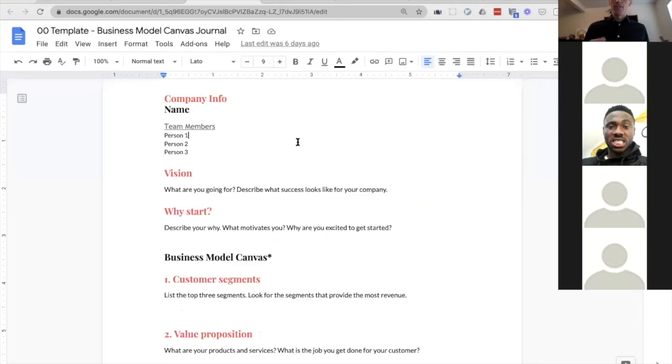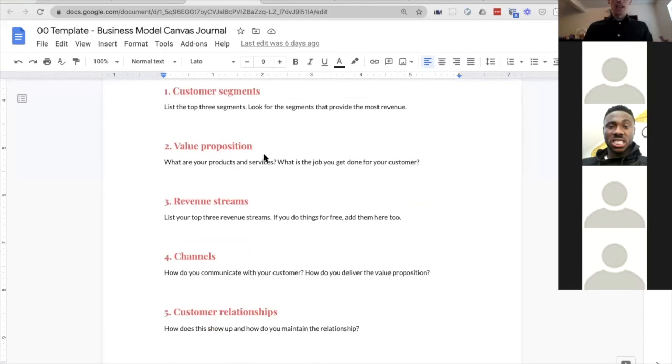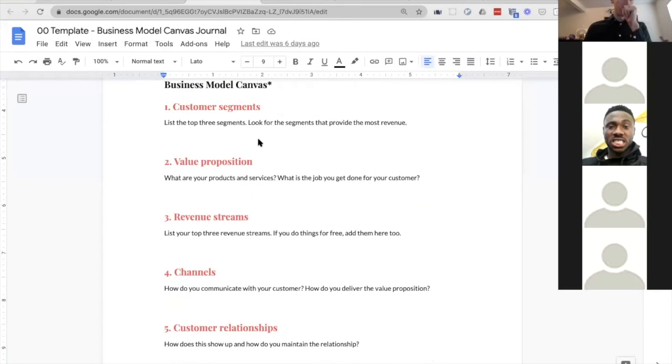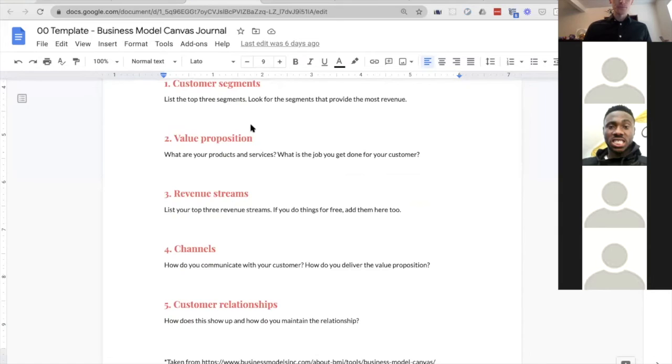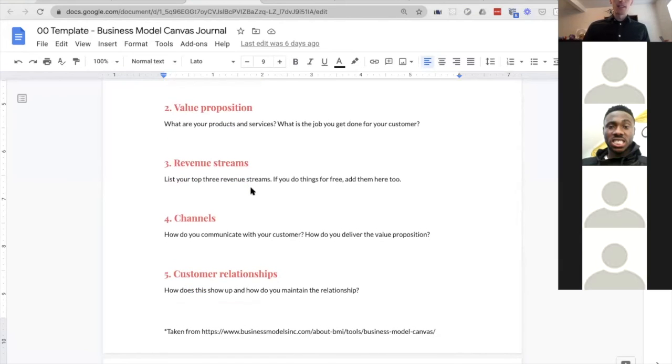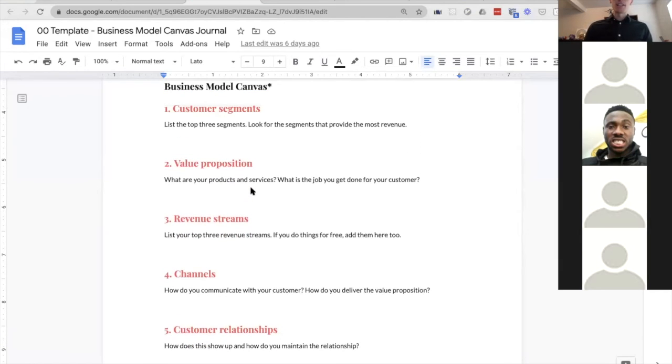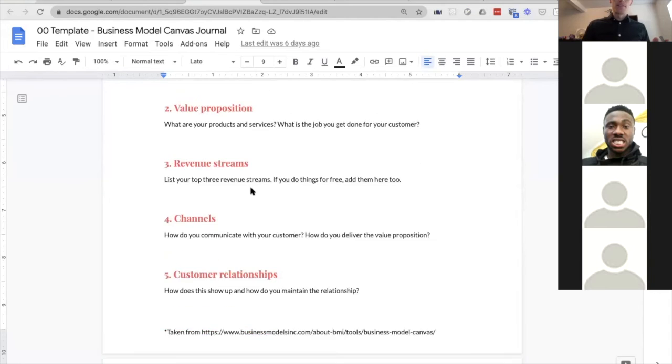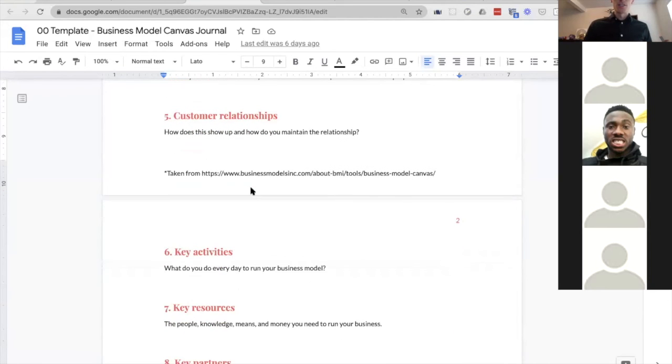What I want every team to do is to make a copy of this document and start filling it out. We have all of the different parts of the business model Canvas written out here. Your first step is just to take a guess at answering all these parts of it. And then each week you'll come back and you'll modify this based off of what you learn from your customers. So just like our African farmer was saying, you hold on loosely to these ideas, and that way you can change them as you go along.